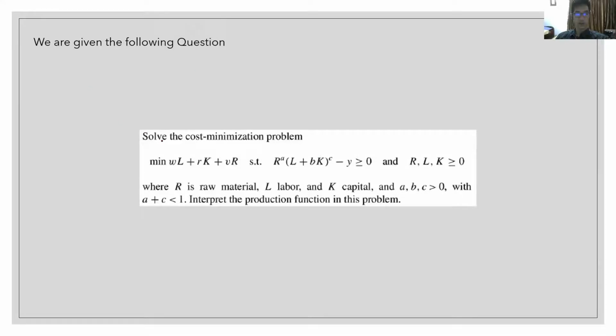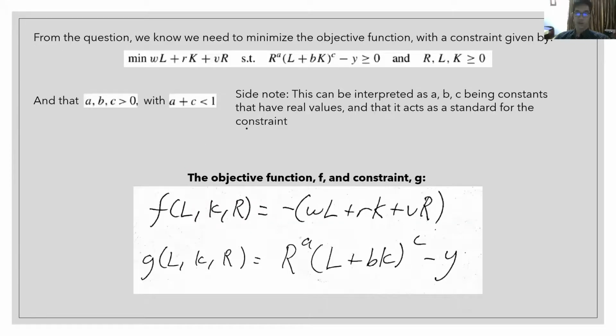We're given the following question: solve the cost minimization problem, min WL. I'm not going to read everything because that might be too long. Where R equals raw material, L is labor, and K is capital. A, B, C are bigger than 0, while A plus C is smaller than 1. We need to interpret the production function in this problem. So from here we already see,